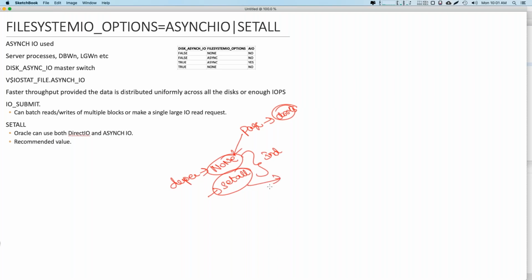Setting it to direct IO or set all will skip the page cache altogether. So you will not rely on the page cache anymore. You will end up reading the data only from the disk. So if you are trying to change this particular parameter from none to set all,